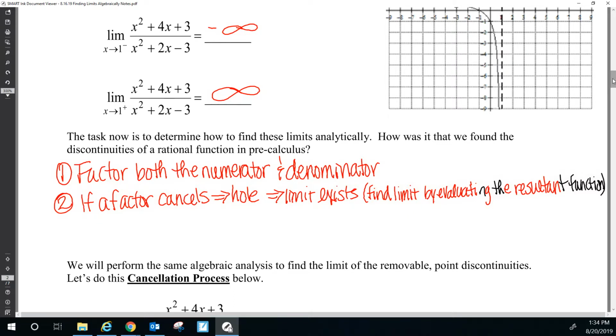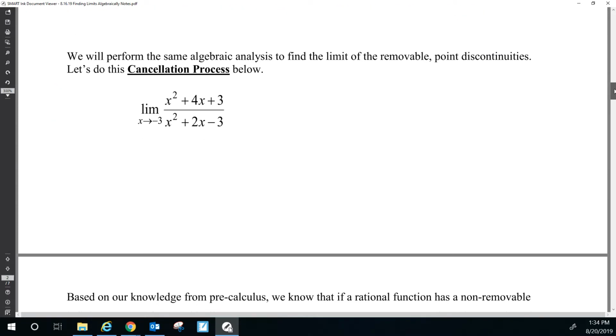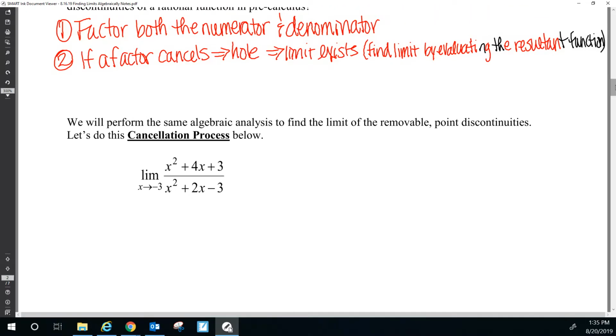All right, so we're going to do a couple of examples so you'll see what we're talking about for that one. In fact, let's just go ahead and do that. So let's do our first example here. Here's that same fraction that we saw above. At -3, we saw there was a hole, so we at least know what we're supposed to be seeing. So we're going to find the limit. Let's go ahead and factor out our